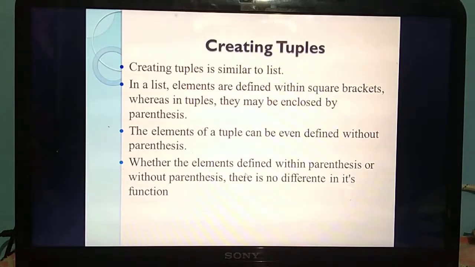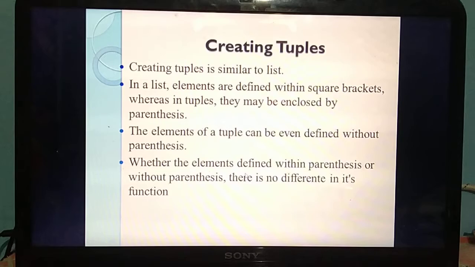Next, creating tuples. How are you going to create a new tuple? Creation of a tuple is similar to the list. The same way you create a list, you create a tuple also. The elements in the tuple you should enclose within parentheses.